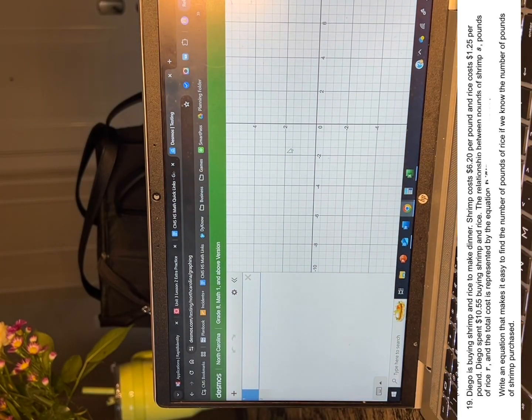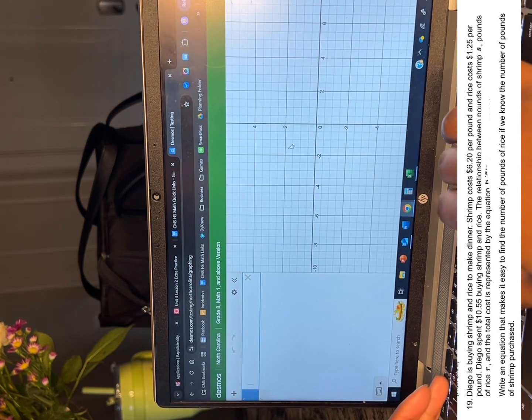Your first example: Diego is buying shrimp and rice to make dinner. Shrimp costs $6.20 per pound and rice costs $1.25 per pound. Diego spent $10.55 buying shrimp and rice. Now I want you to pause the video right here and write your equation. Write the equation the way you think it should be written. Pause right now. Your equation should be